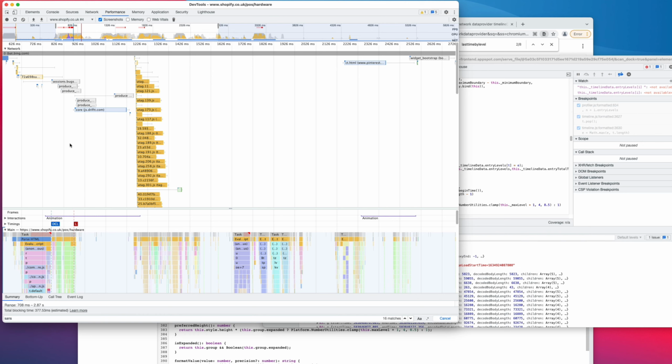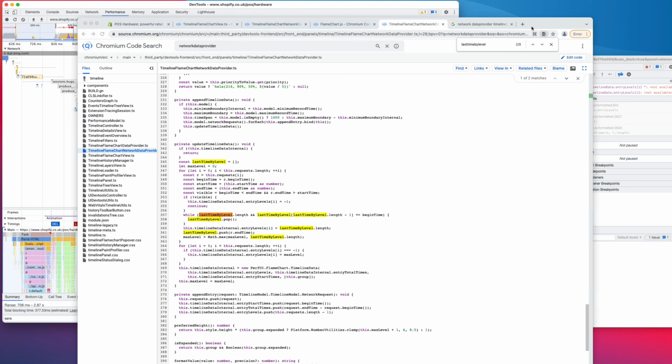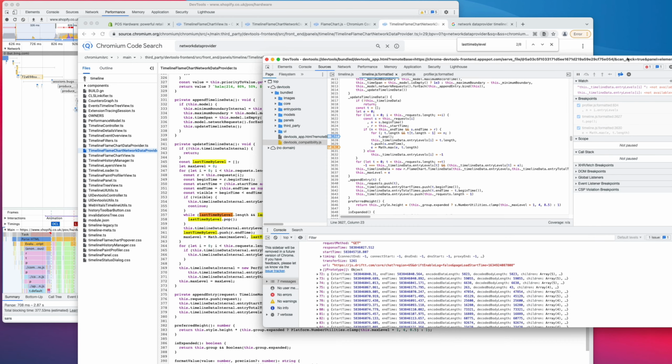Okay, well, this took a bit longer than I was hoping it would take. But I guess there are three strategies you can use to understand DevTools behavior if you can't find it in the documentation. One is to search in the Chromium code search tool, which is very helpful. Two, inspect the DevTools just to see what the DOM looks like. And then finally, if that still doesn't help and you can't find what you need in the code, step through it and try to see what the data looks like at runtime. And hopefully this helps in the future to figure out what DevTools is doing, or generally if Chrome does something unexpected,